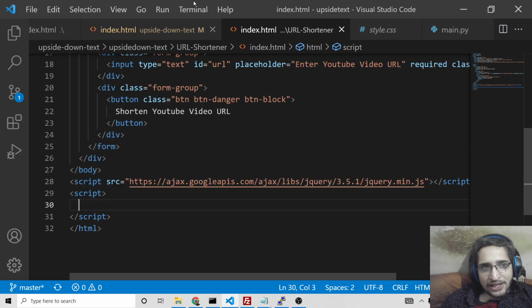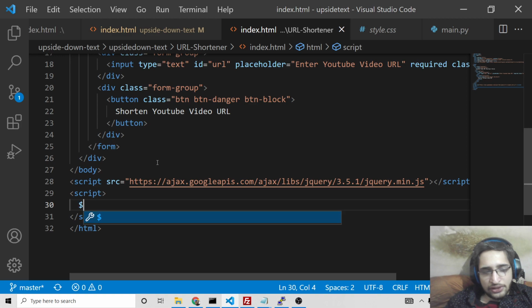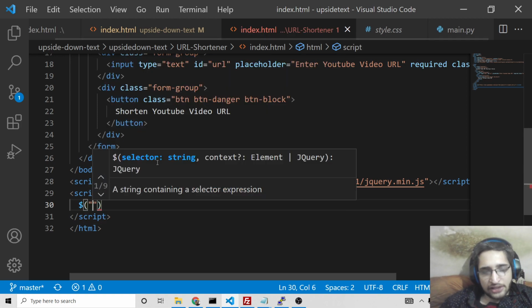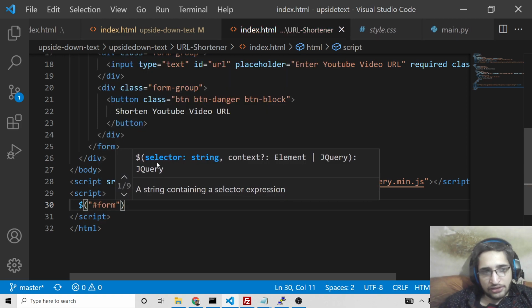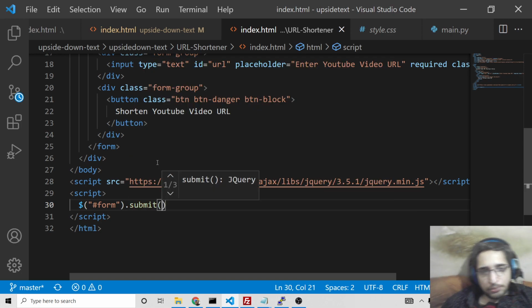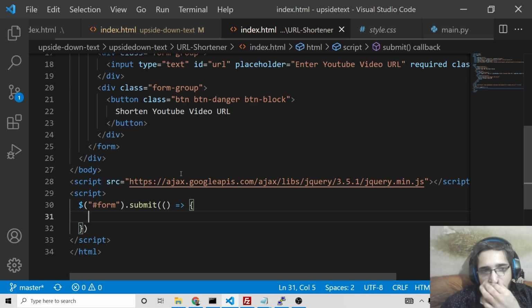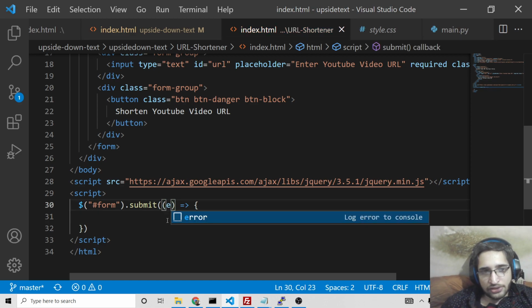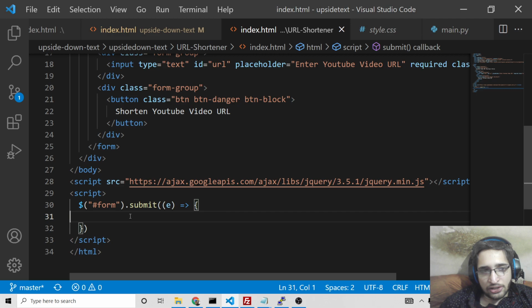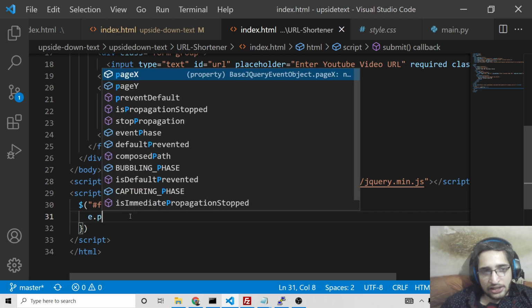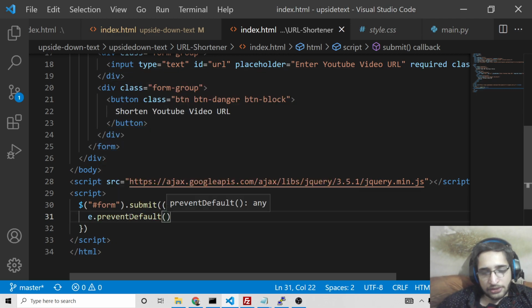You can also write in a separate file, but I will write in the single file. So we have given this ID. We can target this by the ID, which is given to the form here. So we will put the submit event handler. So when the form submits, this function will automatically execute. This is the arrow function which will pass the event object. So here we can write e.preventDefault. We can call this method to prevent the auto